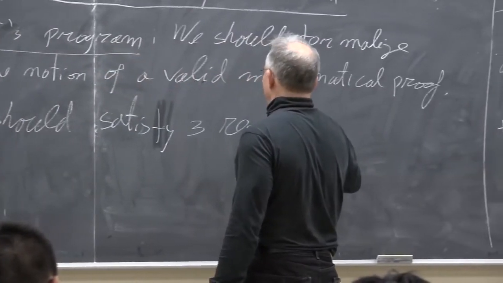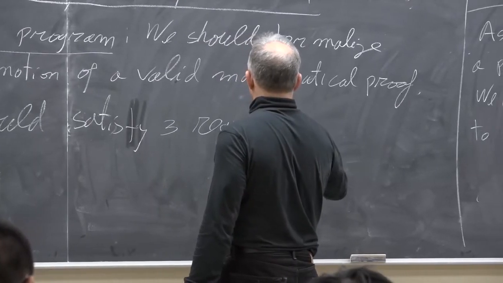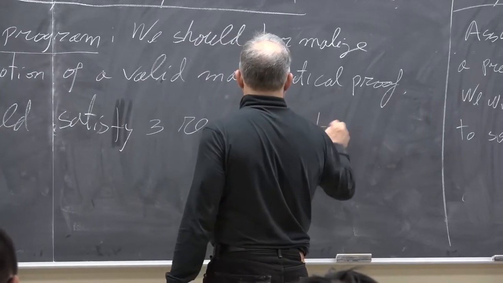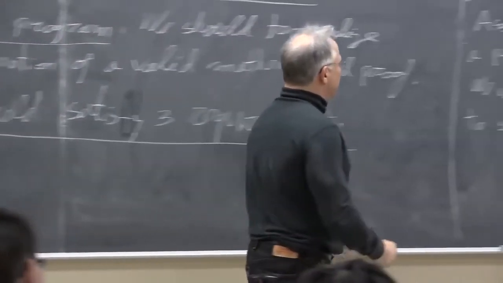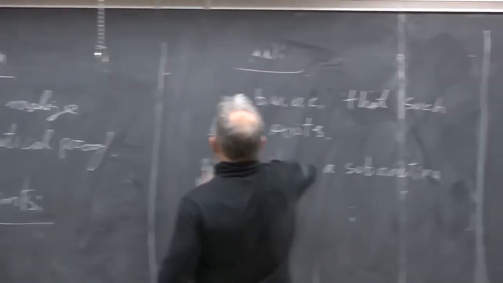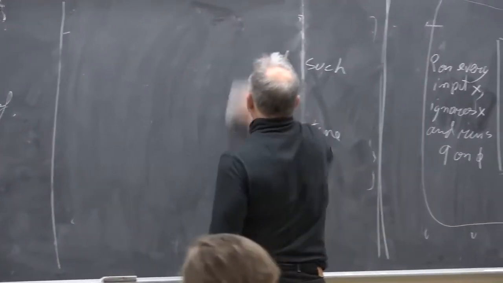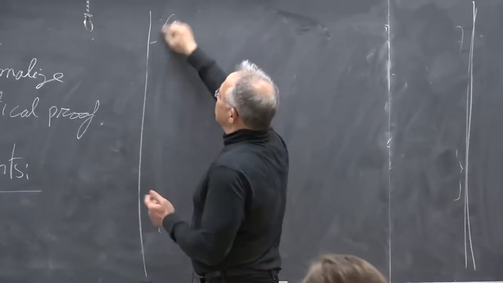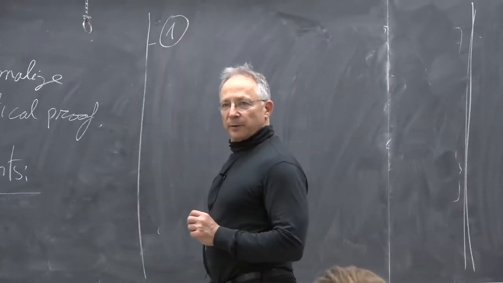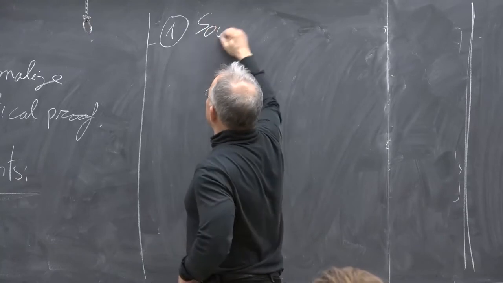And we've seen those requirements before. So what are the three requirements? First of all, we want soundness. But what does it mean, soundness? We have to be more precise about it. So we want soundness,